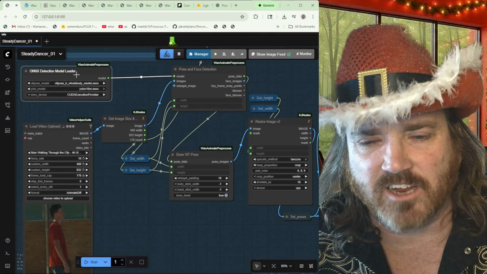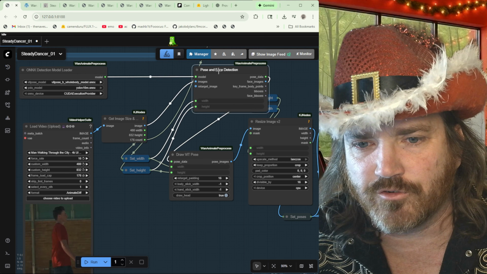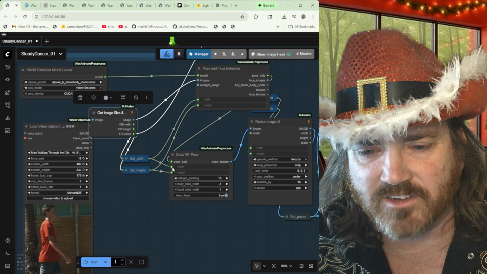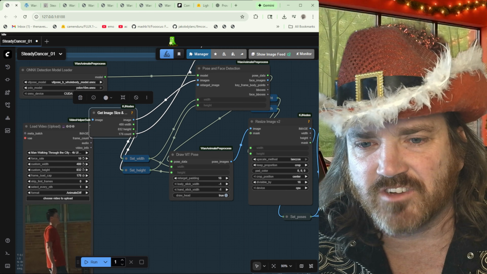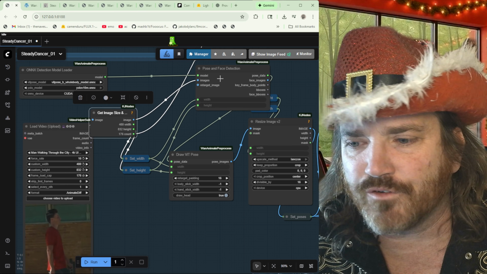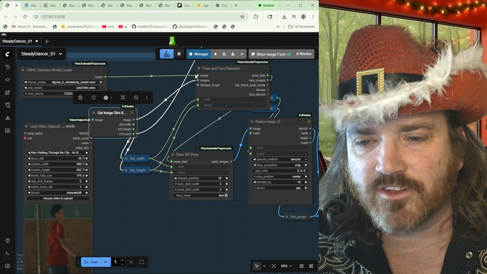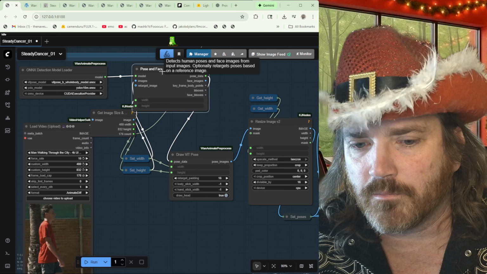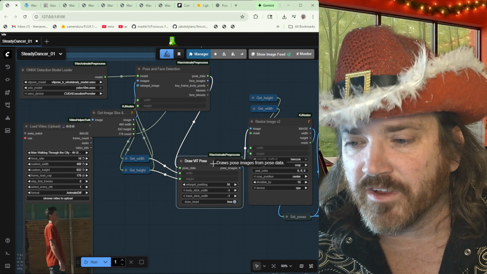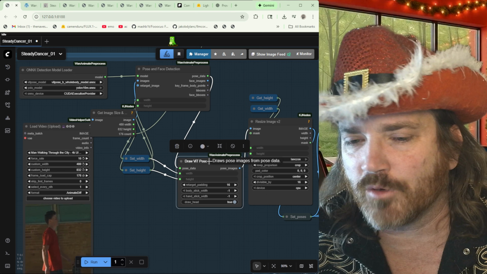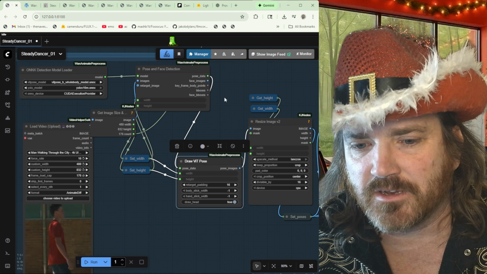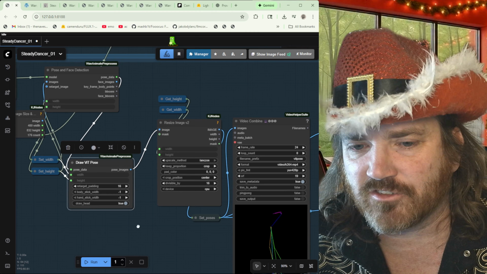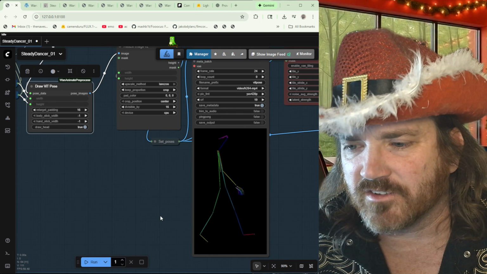We've got our Onyx detection model loader, so it's going to go over here to our pose and face detection. The video is going straight into here where it gets the sizes and then outputs to here. So basically this video flows up into here, and then this model over here uses the video and it says, oh, let's figure out how it's moving. Let's figure out what's a person, what's an arm, what's a leg, all that's happening in here. And then it goes down to here and it actually says, let's create it, let's draw it. And then it creates this